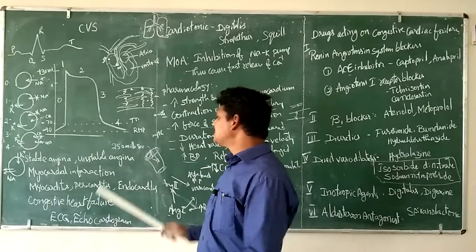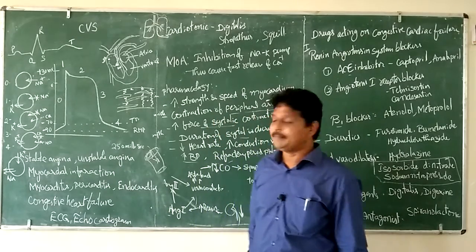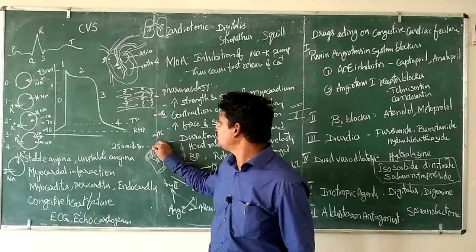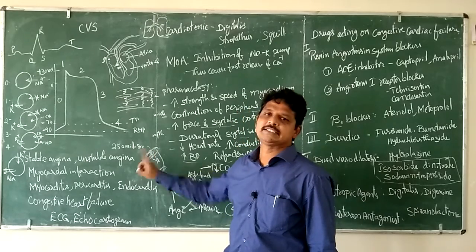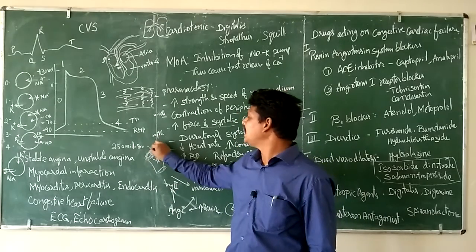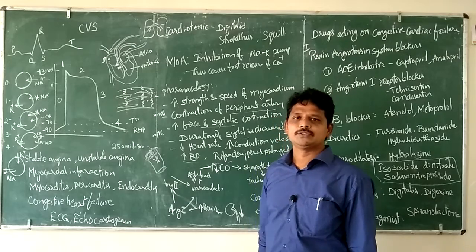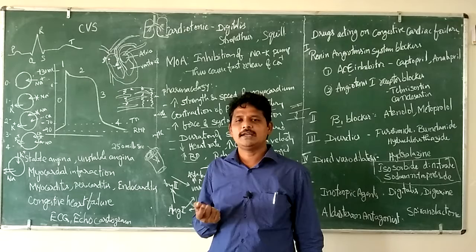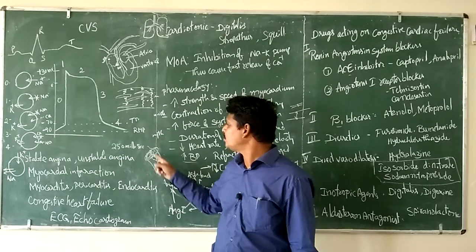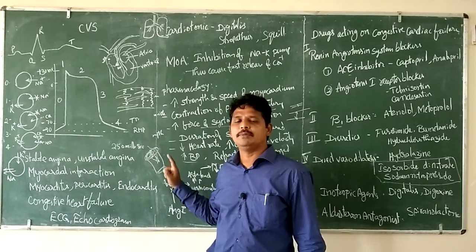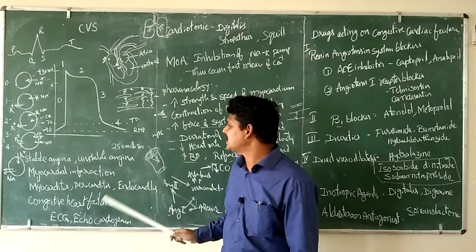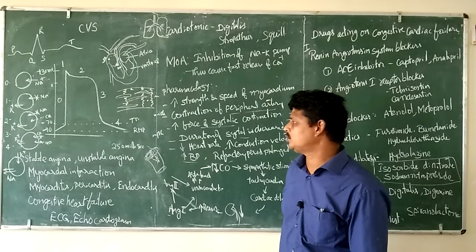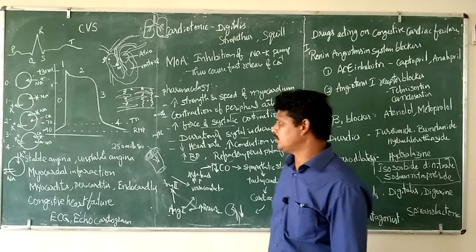Okay, unstable angina. This is comparatively very dangerous and complicated, because maybe 70 to 90% of the artery is blocked with cholesterol. As a result, very little space is left for the blood supply. Even for normal functions like standing or walking, which need very little energy, the demand is not fulfilled because of the blockade of this artery. That is called unstable angina, where the patient has to be hospitalized and given proper treatment.